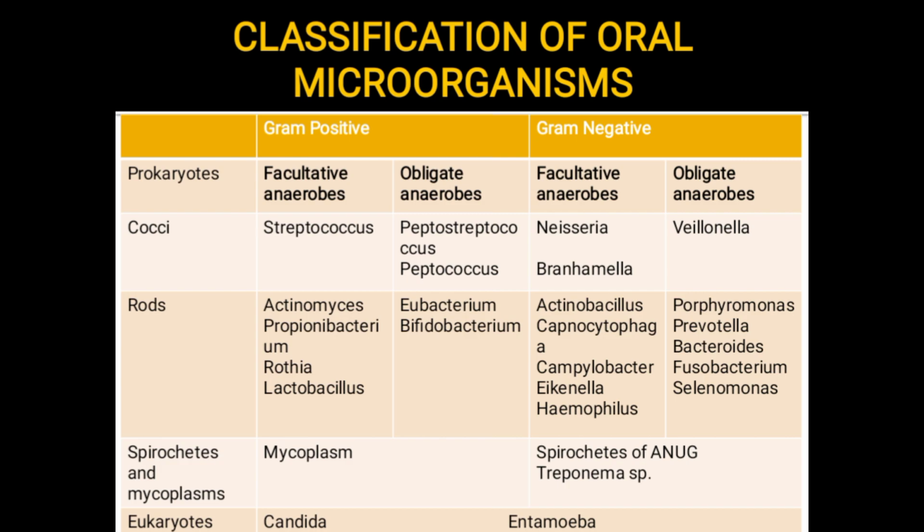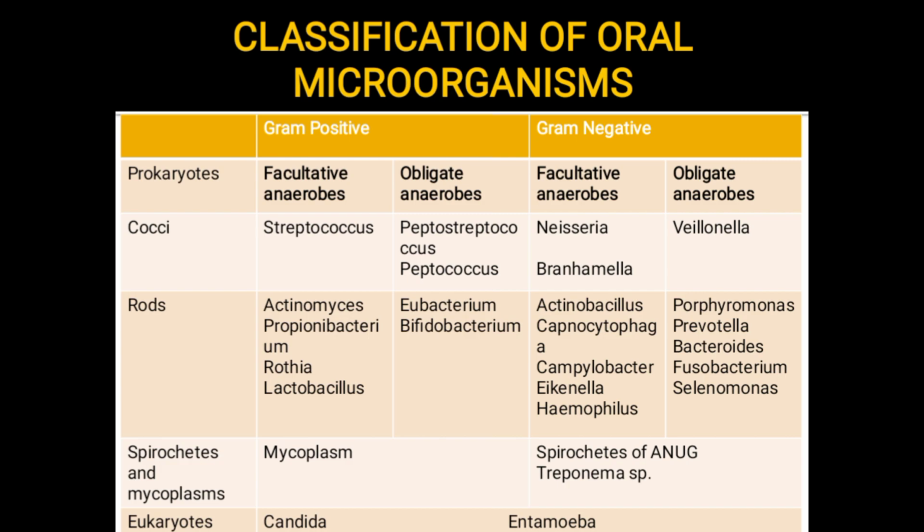Facultative anaerobes are those bacteria that can grow with or without oxygen, but obligate anaerobes are those bacteria that need the absence of oxygen to grow. In cocci, among the facultative anaerobes we have streptococci, and in the obligate anaerobes the cocci are